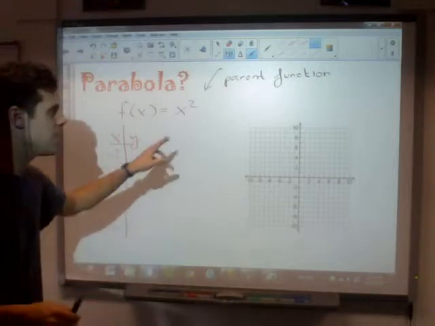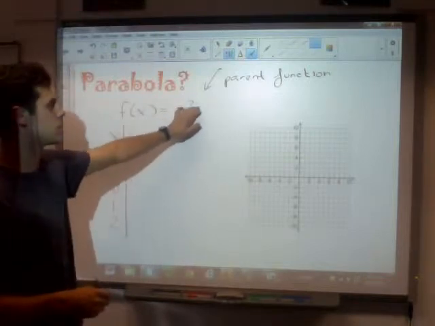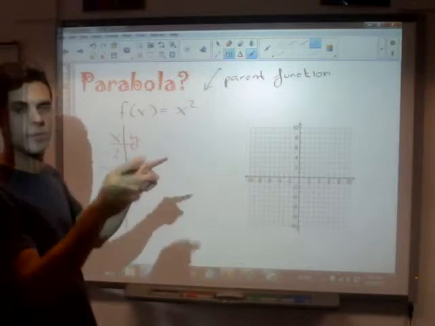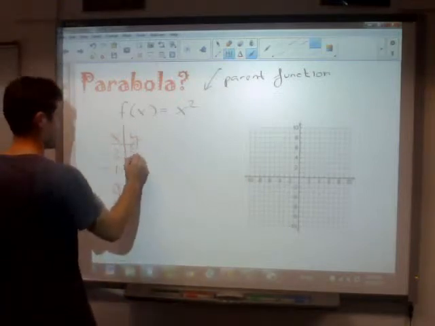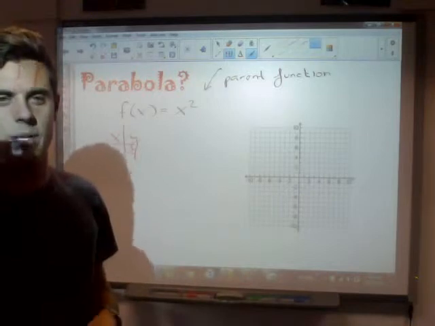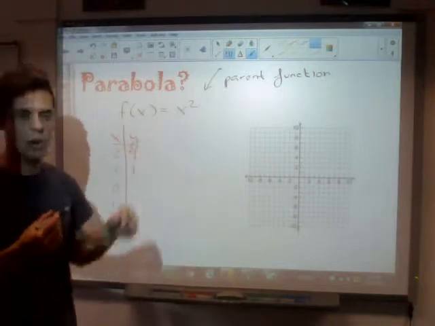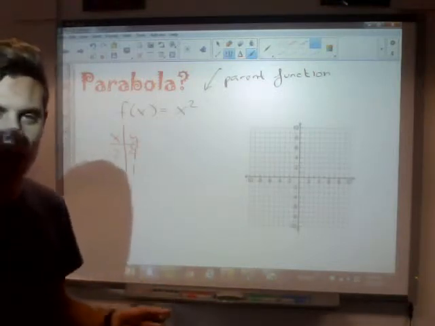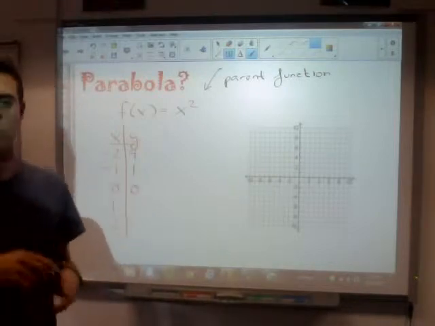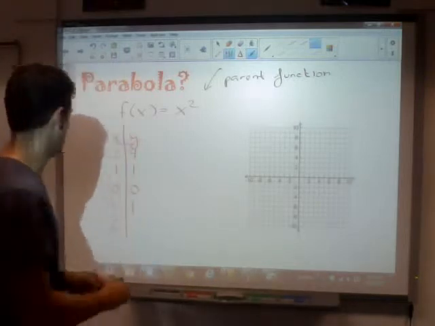I think these might be able to tell me a few of the characteristics of the y equals x squared graph. So plugging in -2 to y equals x squared, well, -2 for x, so -2 squared. To square means to multiply by itself, so -2 squared is -2 times -2, and that's going to give me a +4. Okay, plugging in -1 for x. -1 squared means -1 times -1, and that's +1. And 0 squared means 0 times 0, so that's still 0. And 1 squared is just 1 times 1, and that's 1. And 2 squared is just 2 times 2, and that's 4.